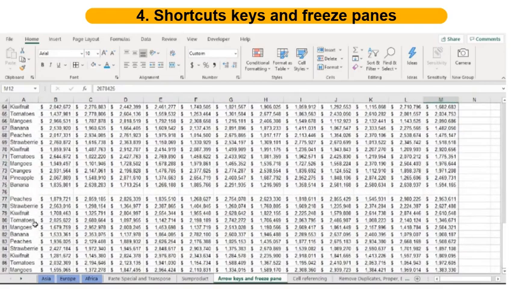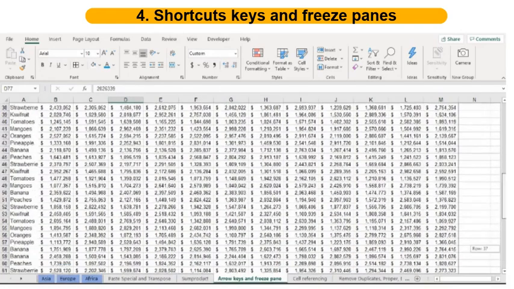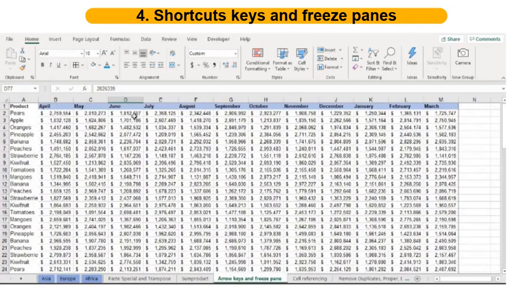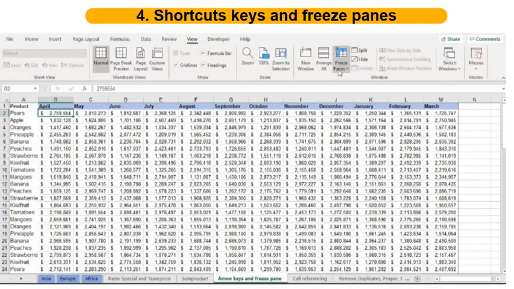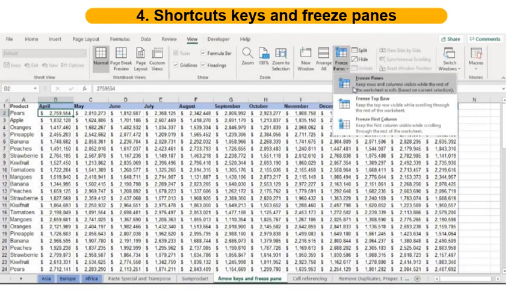Okay. Now say when you have a table as large as this, when you go down, the column headings disappear. So it's difficult for you to know what this column heading is. So what you can do is, there's an easy way to freeze the column names and the row names. What you do is, you select this cell and then you go to View, Freeze Panes, and select Freeze Panes.